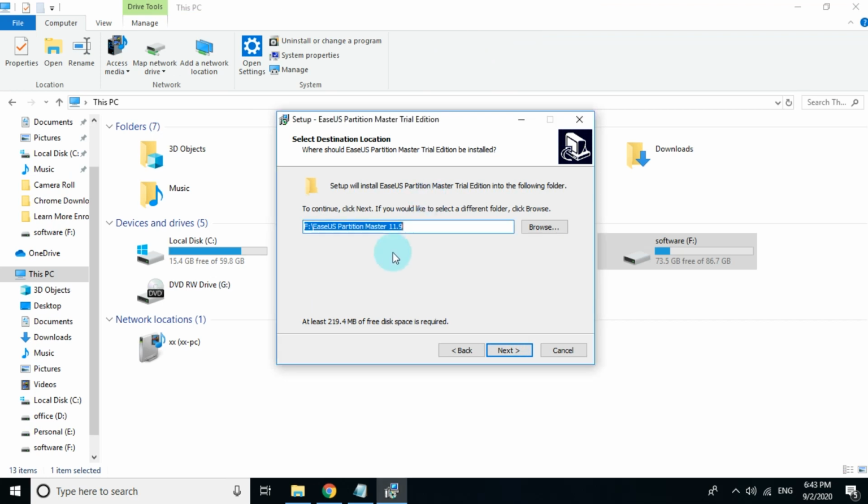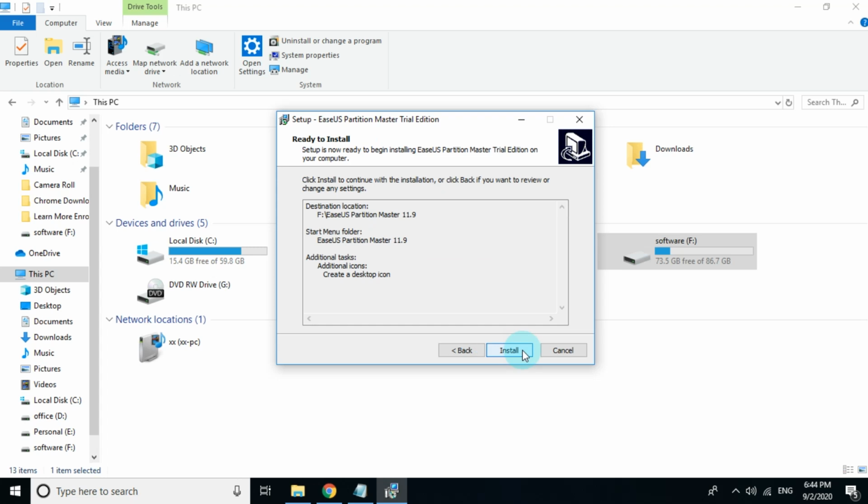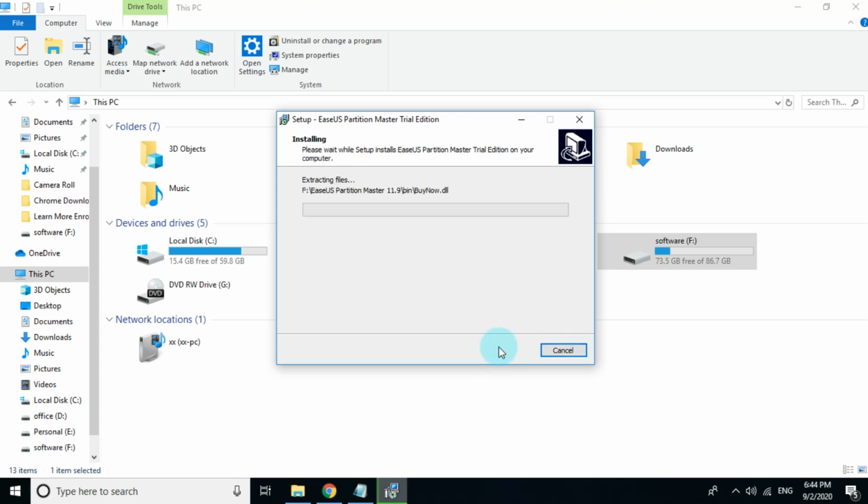Now it will put it in my F drive. Now you have to click next. If you want it installed in some other drive, you can browse from there. Like here, you can click the browse button over here, and next. These are the additional tasks. You can customize them. I will disable these two, and I recommend that you also disable these two options. You can pick only the desktop icon, that's enough. Now next and next. Install.